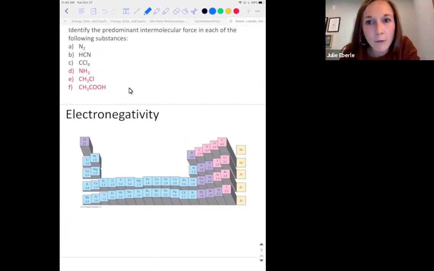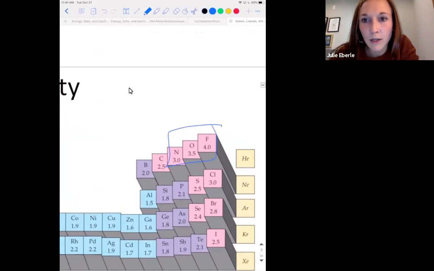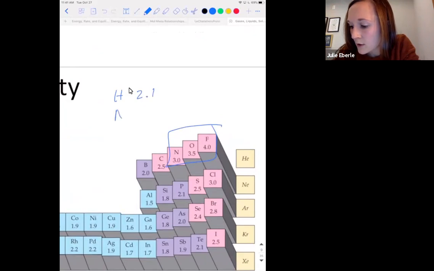And if you're wondering, how do you know these are polar bonds? Let's look at the electronegativity of hydrogen, and then these 3 elements are the ones that are important when it comes to hydrogen bonding. Hydrogen has an electronegativity of 2.1. Remember, nitrogen here is 3.0, so what's the difference between these two? 0.9. That is polar. Remember, anything from 0.5 to above 1 was polar.